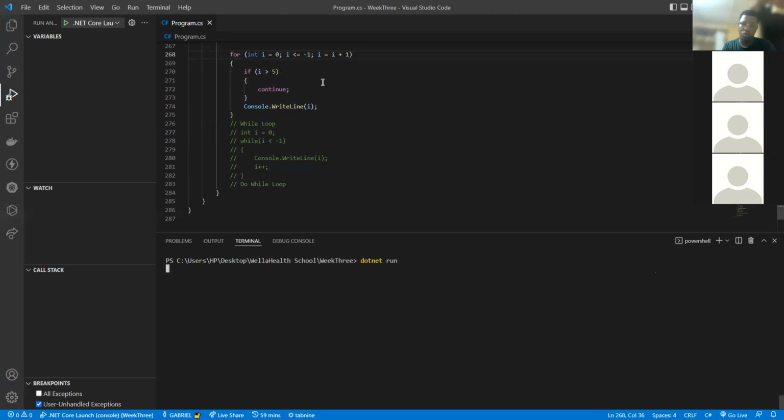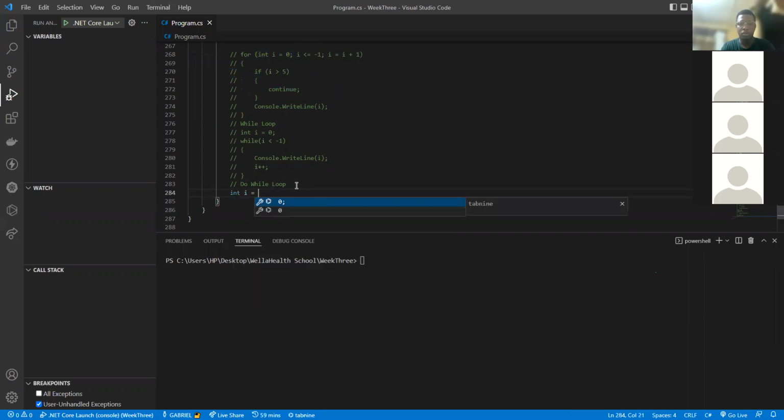For do while loop, it would run at least once, right? So even if the condition is false, it will run at least once. So there are scenarios where you want your loop to run at least once before checking the condition. And this is how to carry out a do while loop. It's almost similar to a while loop because the starting point will be outside, int i equals 0. Now you have do,